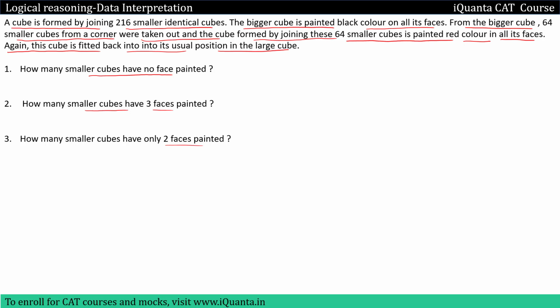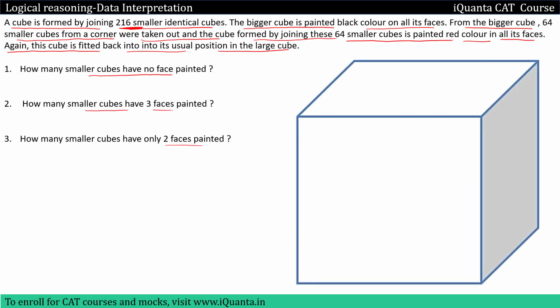So first of all, let me assume that this is my cube. Now I have told you a number of times what the number of cuts along the x, y, z axes should be when a cube is divided into smaller identical pieces. So all the 216 pieces are identical here. How do we find the number of pieces obtained when we cut a cube? If there are x cuts along the x axis, y cuts along the y axis, z cuts along the z axis, the number of smaller pieces obtained will be (x+1)(y+1)(z+1), where x, y, z are the number of cuts in each axis.